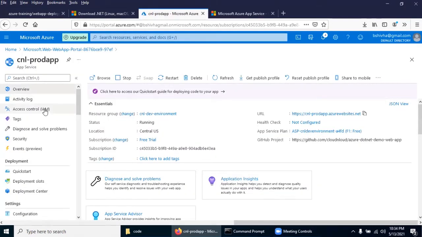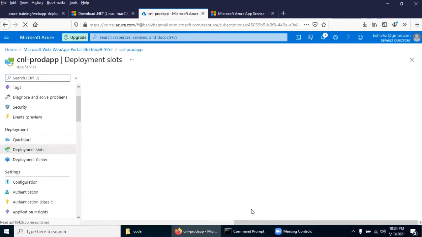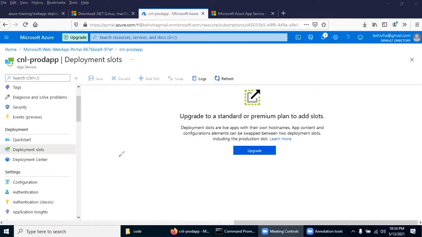Now come down, there is a deployment slot. In general, projects will have development, the dev, and UAT and SIT. I'm just giving some examples, and pre-prod and actual production.